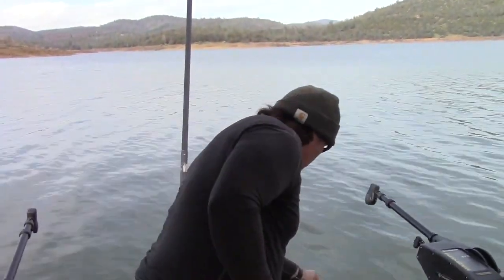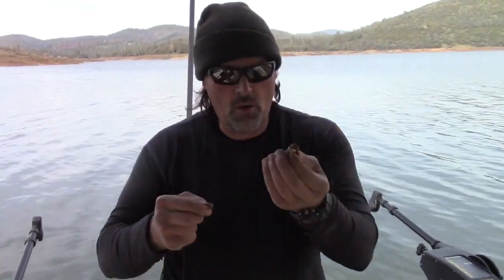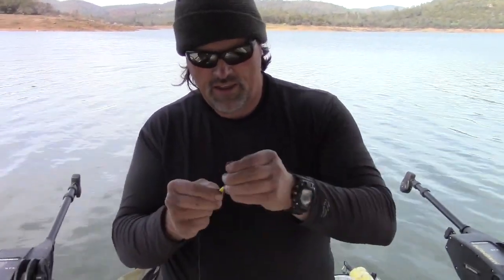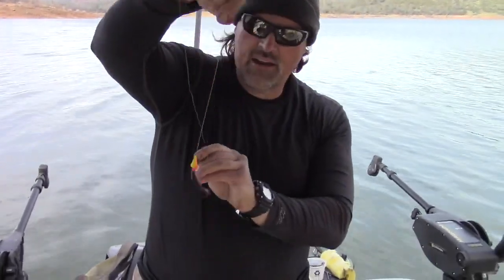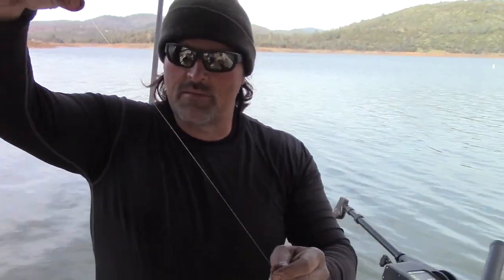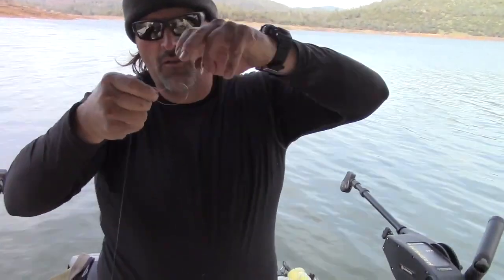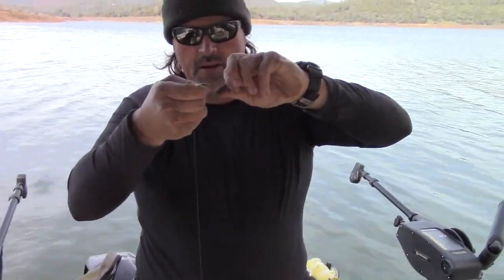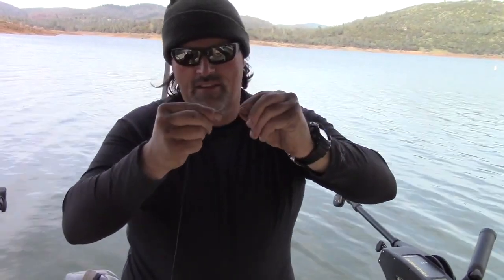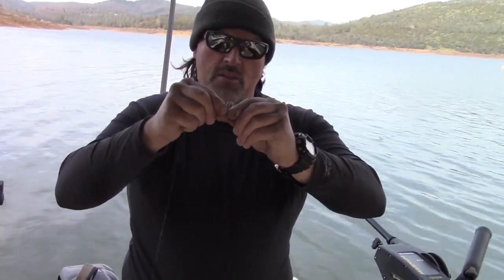Then I'm going to take my turbo and thread it on that piece of line, just like that. Now that turbo is going to spin. It's going to put out the vibration I need. The last thing I'm going to do is tie an overhand loop in the top end of the leader. And I told you this was labor intensive, but as you can see,